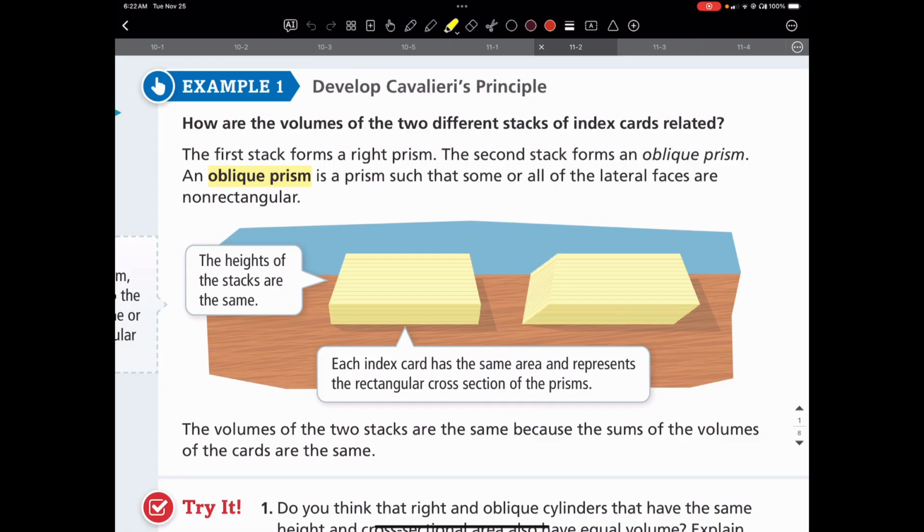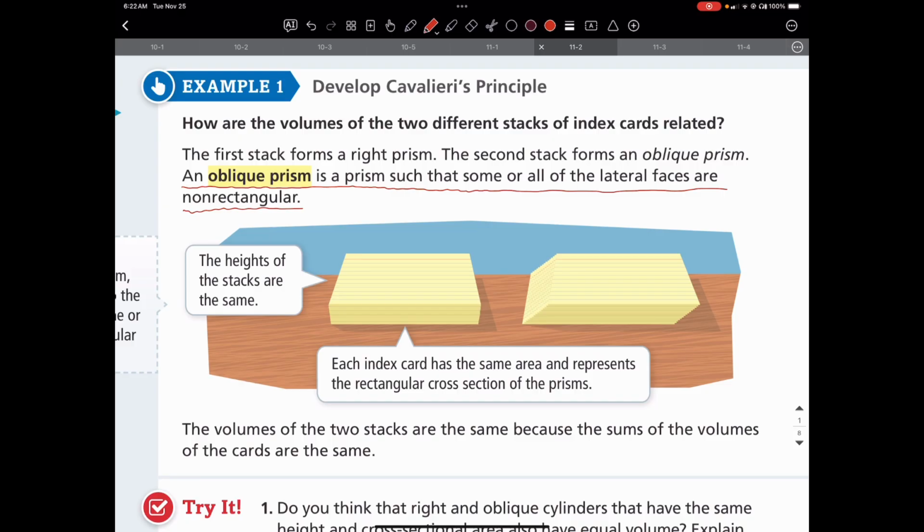The first stack forms a right prism. The second stack forms an oblique prism. An oblique prism is a prism such that some or all of the lateral faces are not rectangular. So this is a good definition to have in your notes. You will hear it occasionally and you'll see it in test questions and you'll say, what does oblique mean? Oblique is kind of out of the ordinary. As far as an oblique prism, it's a prism such that some or all of the lateral faces are